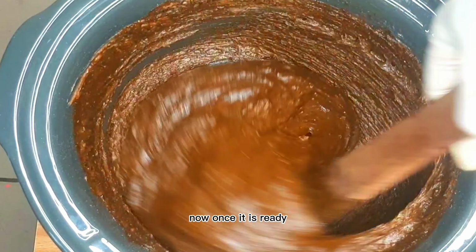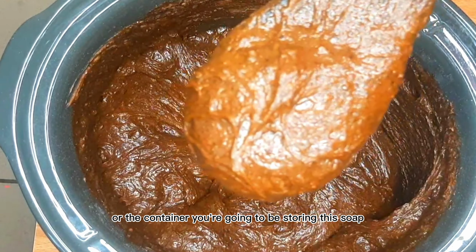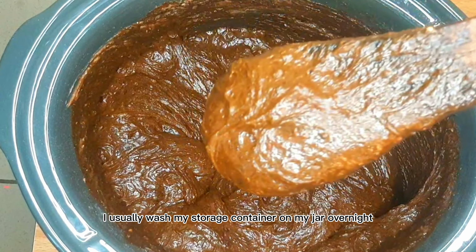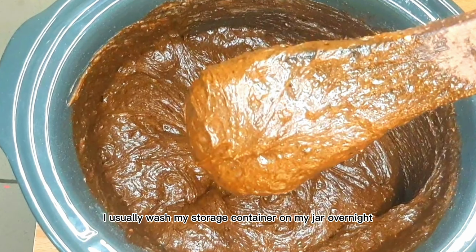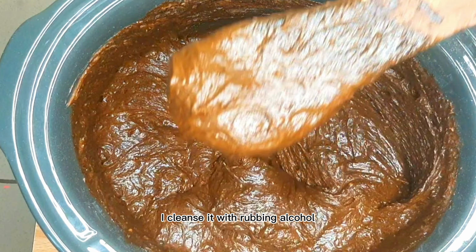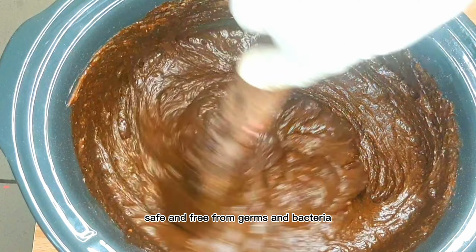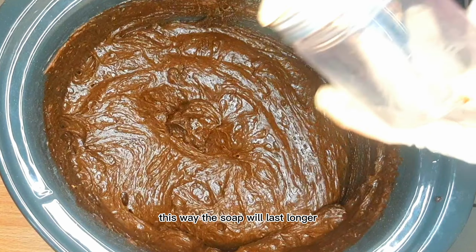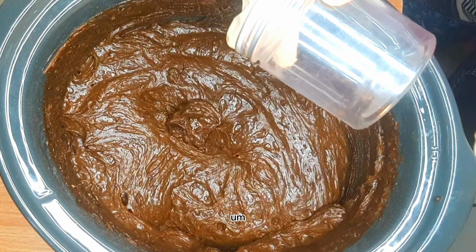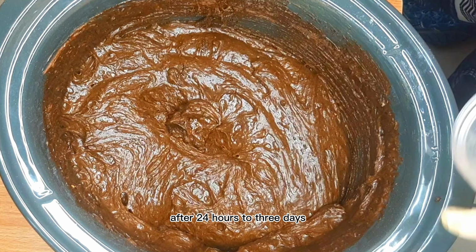Now once it is ready, you also want to make sure that the jar or the container you're going to be storing this soap in is well sanitized. I usually wash my storage container or my jar overnight, and the following day I cleanse it with rubbing alcohol just to make sure it is safe and free from germs and bacteria. This way the soap will last longer, and also it is advisable to use this soap after 24 hours